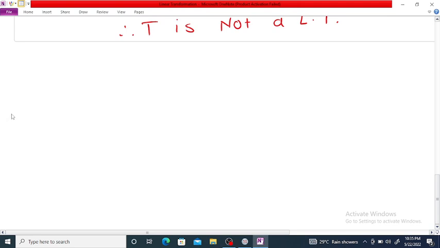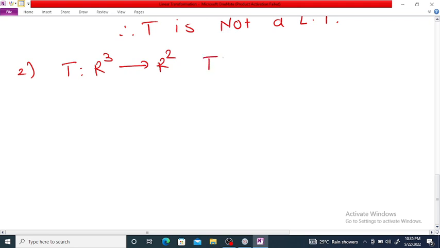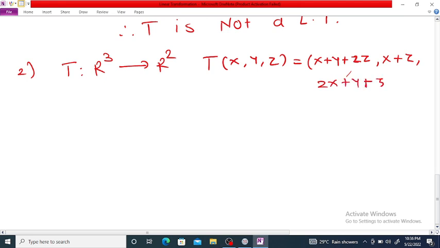Example number 2. Let T be a mapping from R cube to R square, given as T of x, y, z equal to x plus y plus twice z, x plus z, and twice x plus y plus thrice z. Find basis for kernel of T